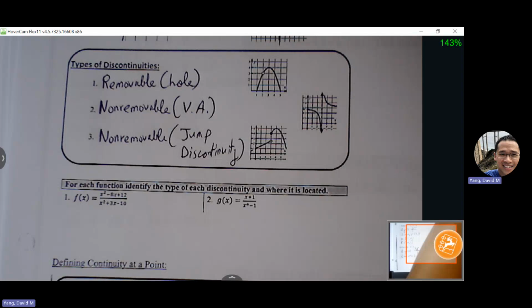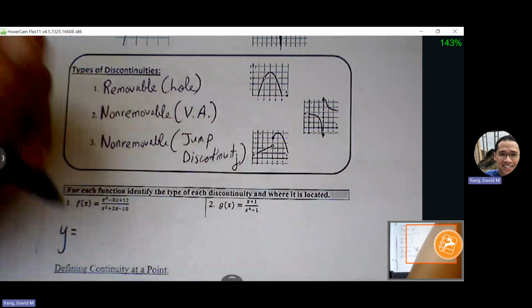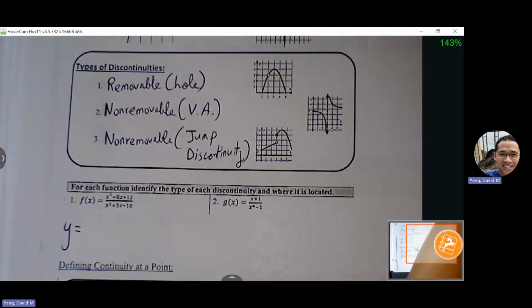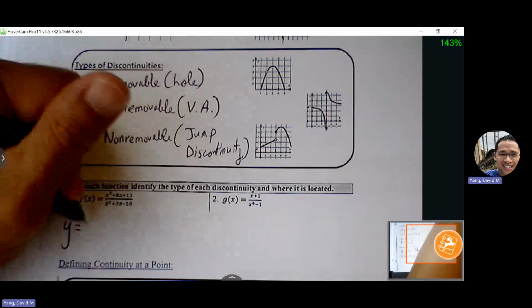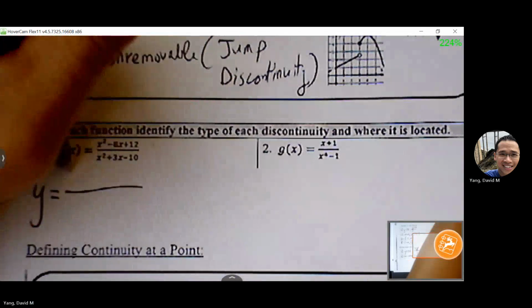Okay, for each function, identify the type of each discontinuity and where it is located. So if I can factor everything out, I can look for discontinuity. Basically, whatever is left in the denominator will be a vertical asymptote. Anything between numerator and denominator that cancels out will be a hole in the graph. So I factor my numerator and denominator, trinomial factoring there,